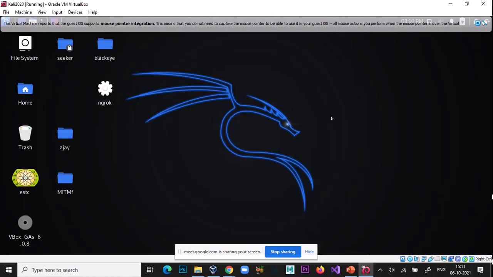Okay. So Seeker is the tool which we are going to use to make a phishing link to get the location of the victim.